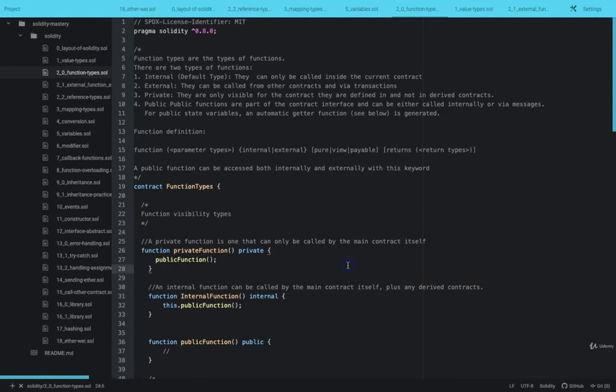Welcome to this lesson. In this lesson, we'll be discussing function types in Solidity. So what are function types in Solidity? Function types are the types of functions, simply put. So there are four types of functions